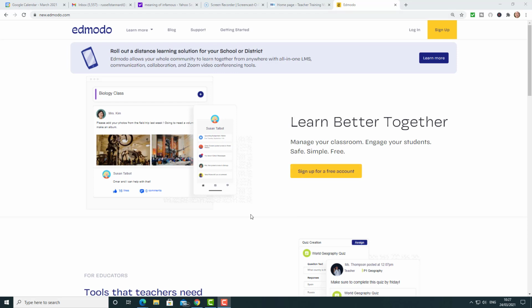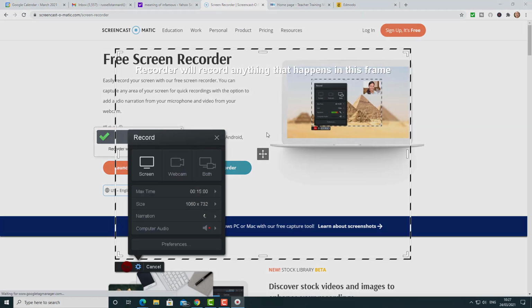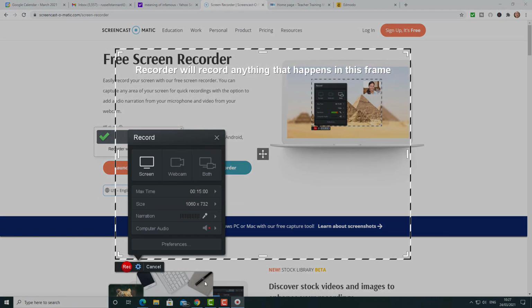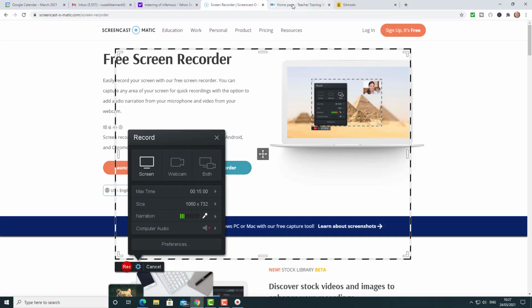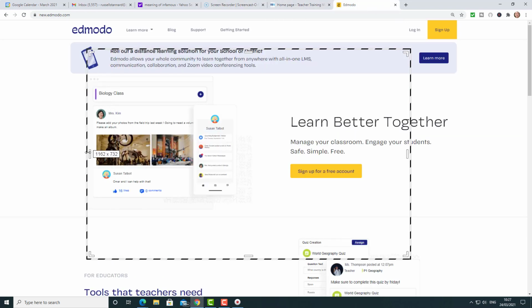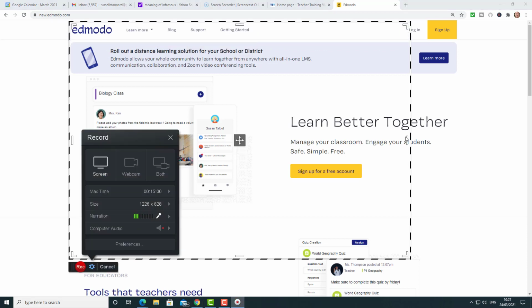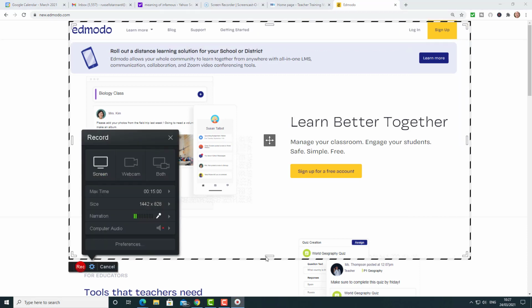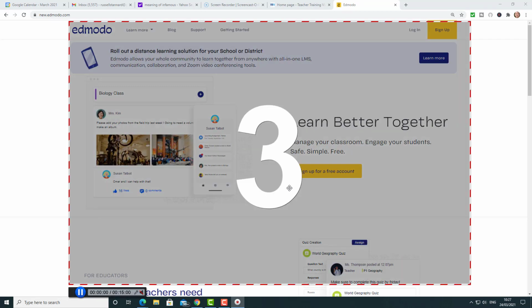Let's say that you want to show your students how to log in to Edmodo. Well, all you would do is, again, launch the recorder, the same as always. Remember, then once you've got the recorder open as an app, you can minimize the browser. Again, in this case I just need to jump to the Edmodo page. Make sure you open it up to the right size, okay, because what you want to do is show your students how to log in, for example, to your course, and then you would turn on the video and simply say to them,